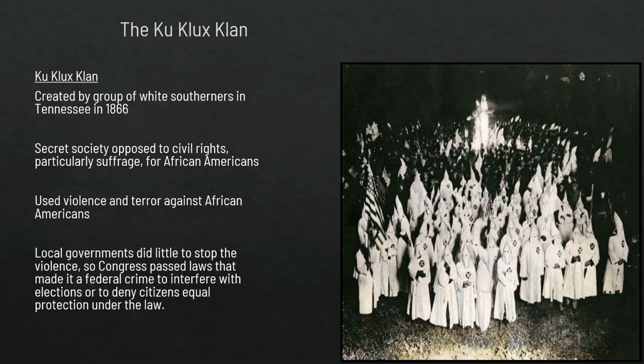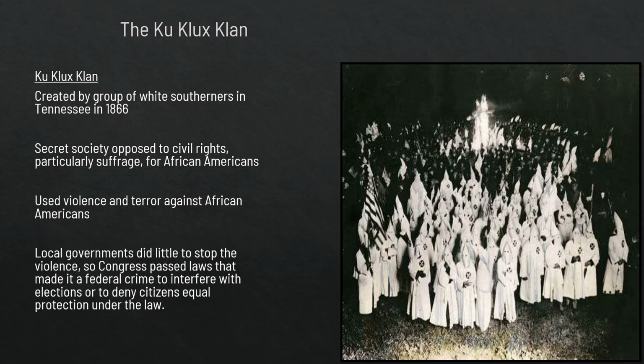It's going to be founded in Tennessee in 1866. White Southerners, they're going to operate as a secret society. A lot of high profile people are in this. And they're going to, of course, violently attack the civil rights, the voting rights of African Americans. They'll use terror, intimidation, murder, anything they can to suppress the black political vote. Because if they don't suppress the vote, then they're not going to be able to create this white supremacist ideology.